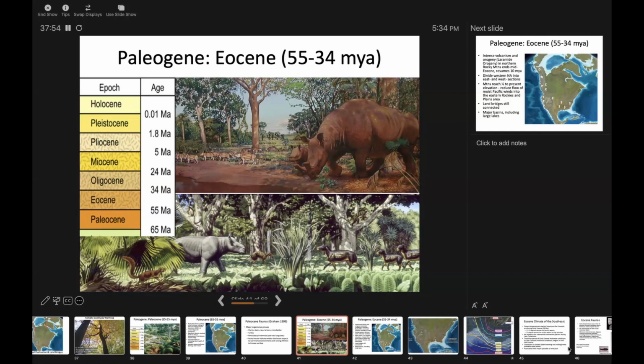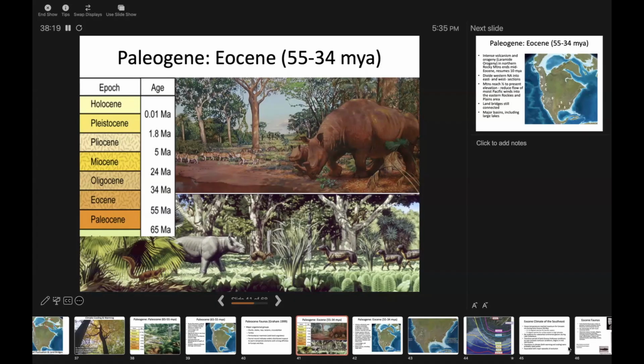And then in the bottom scene, you can actually see there's some more horse relatives there in the lower right. We also have at this time various types of primates that live both in Europe and in North America. So we would have had primates here as well. Now, generally speaking, for the Paleocene and for most of the Eocene,